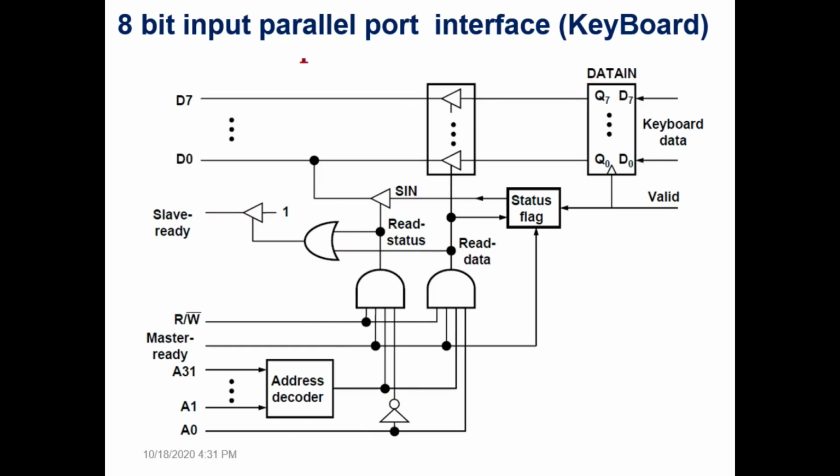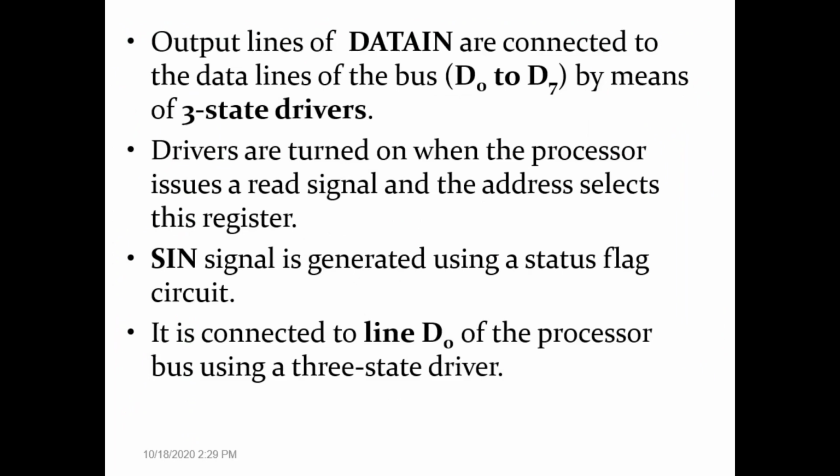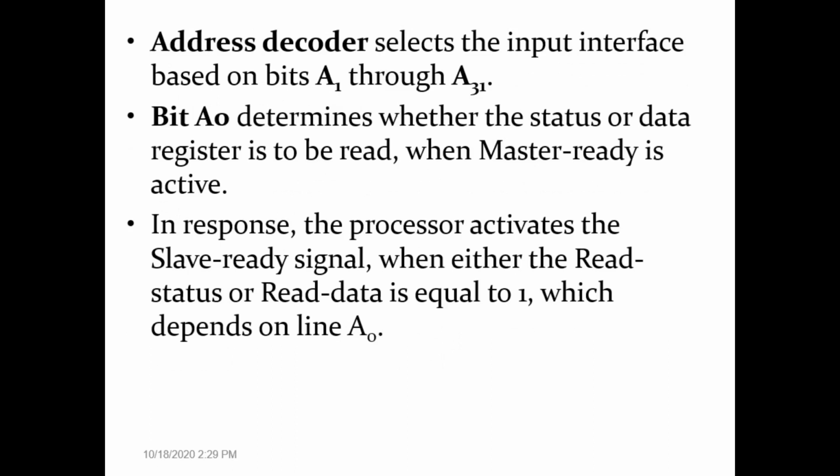Now the two things processor handles, that is either it wants to read the status of the status flag or data from the data in buffer, using address bit A0. So finally when processor reads the data, interface circuits make this status flag as 0. That means the data has been read by the processor. So this is the same theory I explained just now. Okay, you can go through it. This is also a continuation of the previous slide, the theory which I explained. Please go through it for the point of exam.